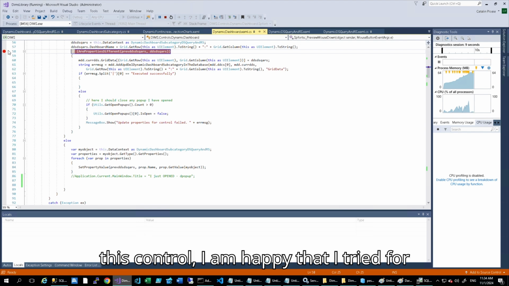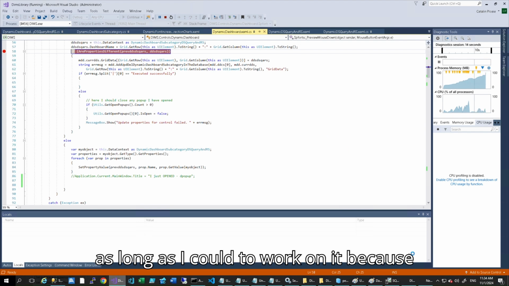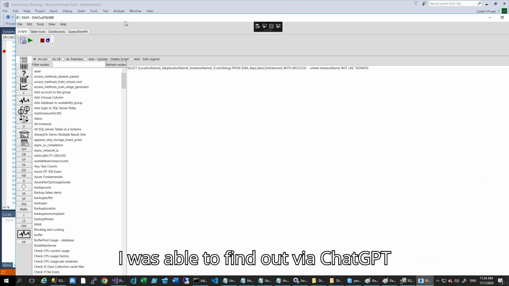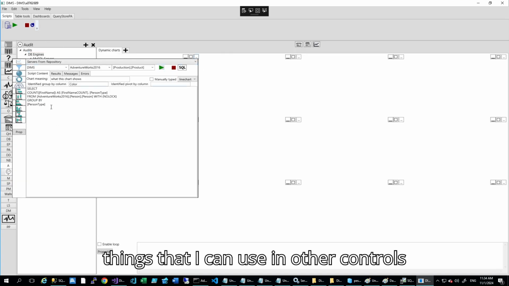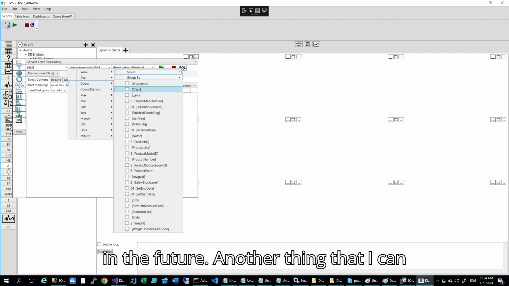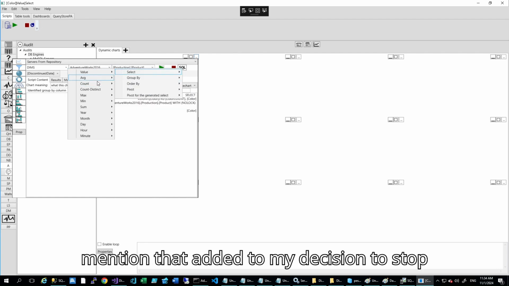Although I will not work on this control, I am happy that I tried for as long as I could because I was able to find out via ChatGPT things that I can use in other controls in the future. Another thing that added to my decision to stop working was the